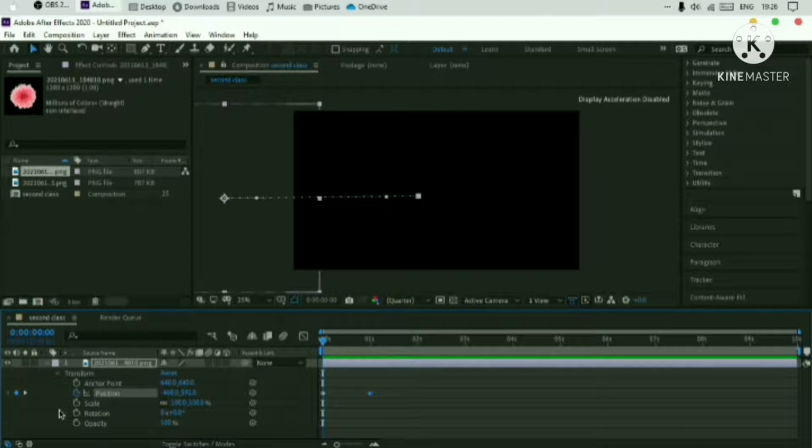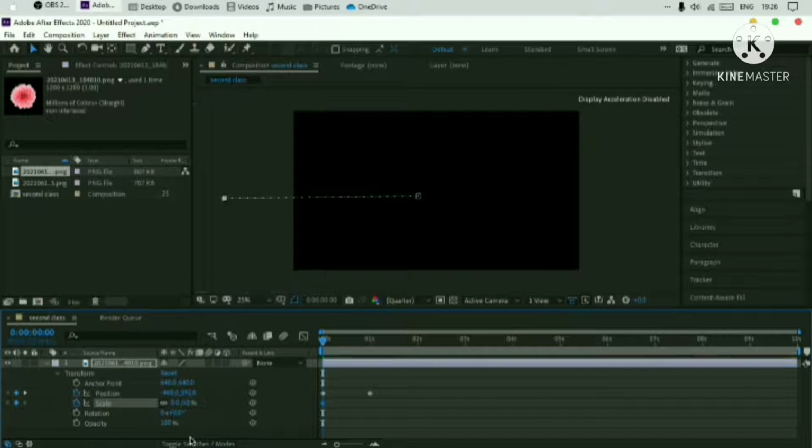Next is the scale. For example, I want it to go from very small to very big. When it's at 0 seconds, or the initial point, it will be very small, and at the final point it will be very big. So it depends on the scale. I will click on the scale and make this 0.